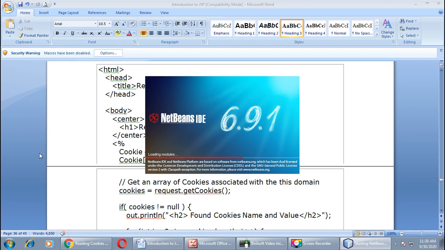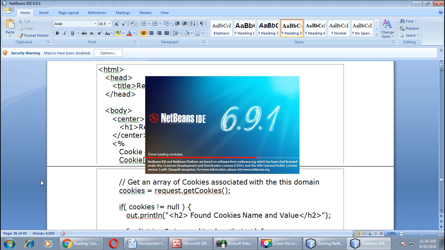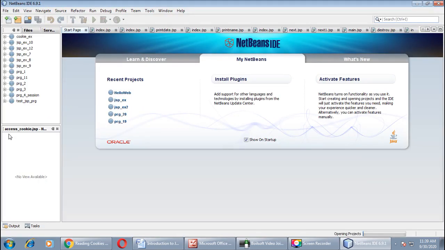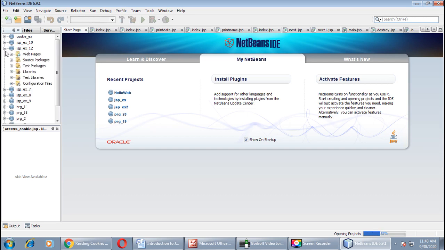This is our example number 12. We are continuing with the same example. As you can see, this project is already available in the left panel. Just expand it, open your web pages folder. As you can see here, index.jsp is present. It is opening.